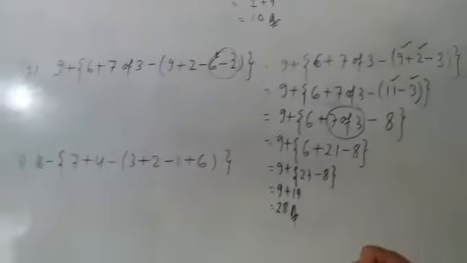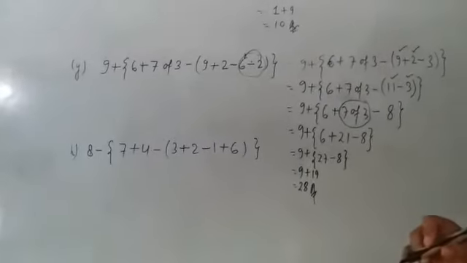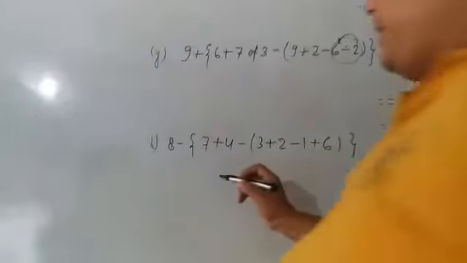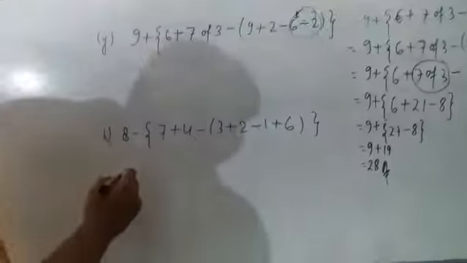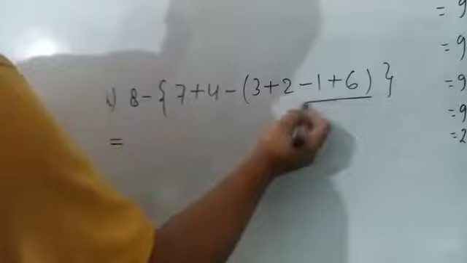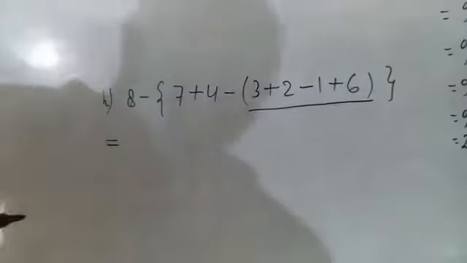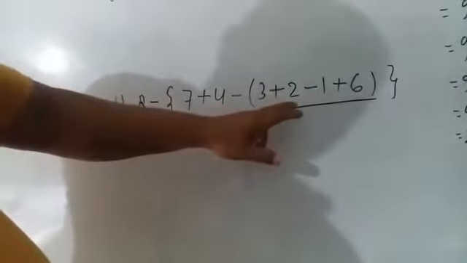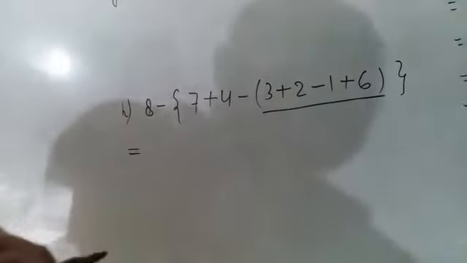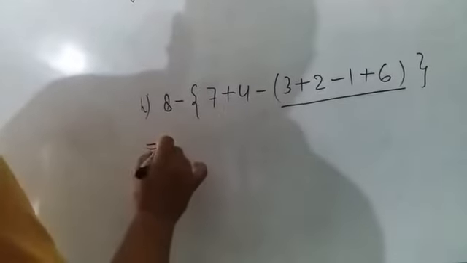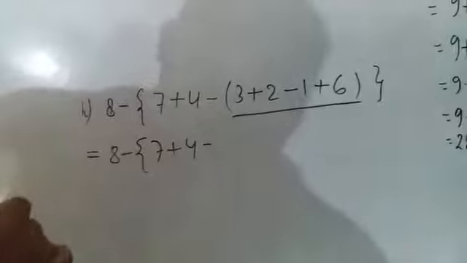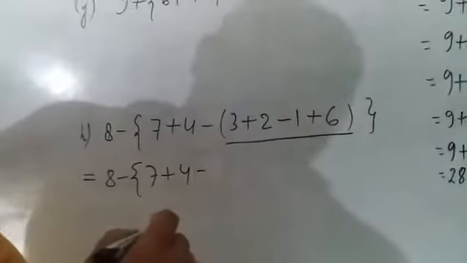So in these two examples you should follow this. The last one is the sixth number simplification. So we are doing the sixth number simplification. We are doing small brackets problems. In small bracket there is no multiplication, no divide, no multiply. So we are doing additions at first. So 8 minus curly bracket 7 plus 4. Check the numbers, what are the additions.